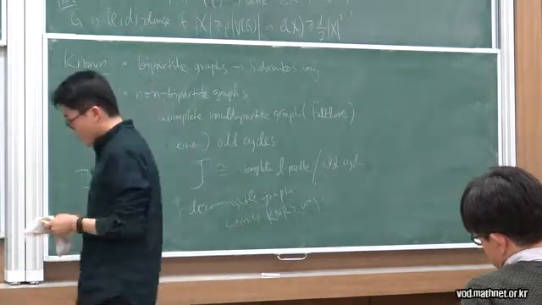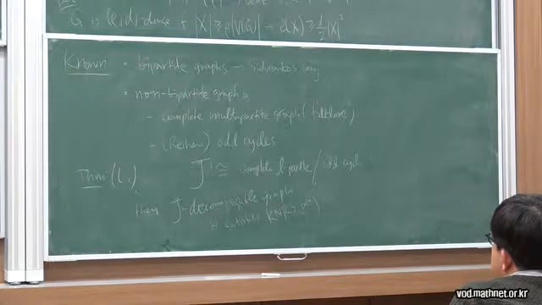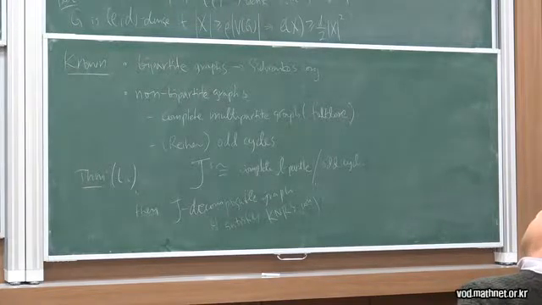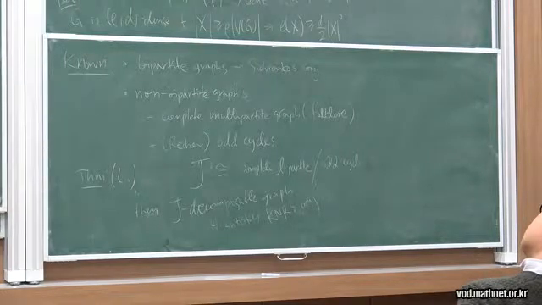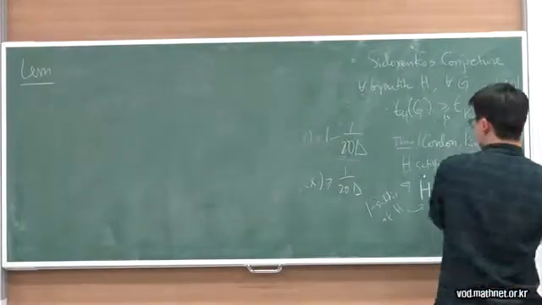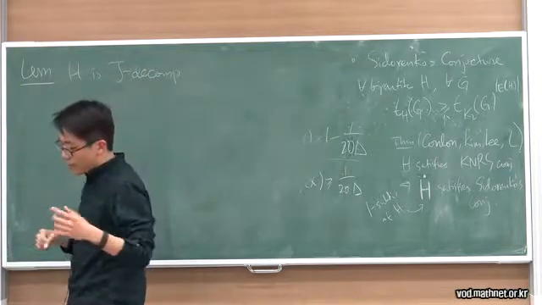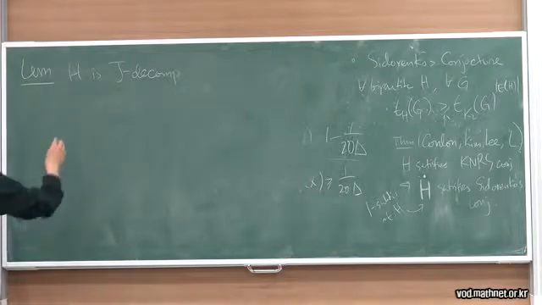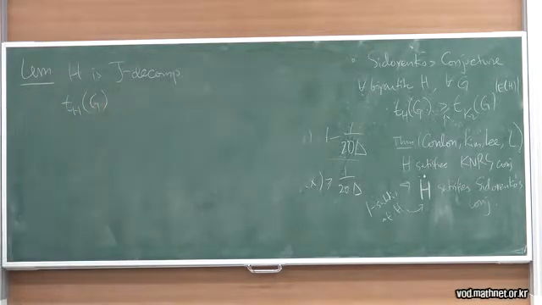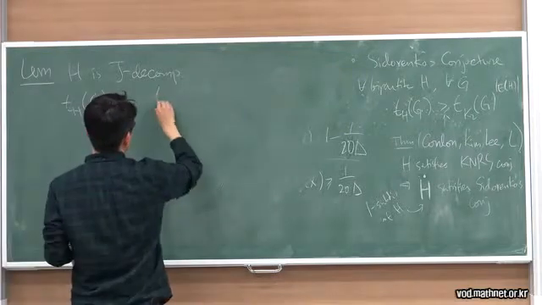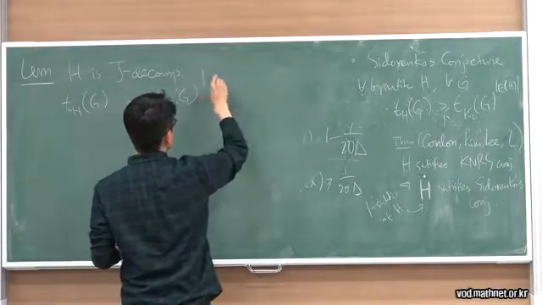And the method, I think, is more interesting than the result itself. The method uses some information-theoretic approach. And here's a general lemma, which implies this theorem. Suppose H is J-decomposable. Then we can give an inequality for these homomorphism counts for H, where the count for H is given by the number of J copies to the